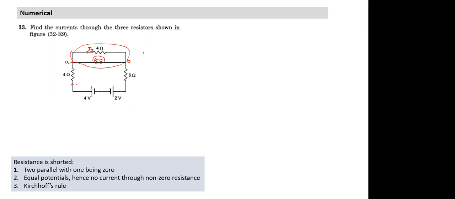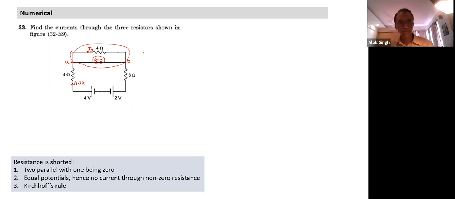So I think this question could be solved without putting pen to paper. This is how the current will flow. When it comes to a junction, the entire current will pass through this. No current will go through the other resistance. This I can also apply if the current is coming and two paths are there, one with zero resistance, one with non-zero resistance: the entire current will pass through the path having zero resistance.